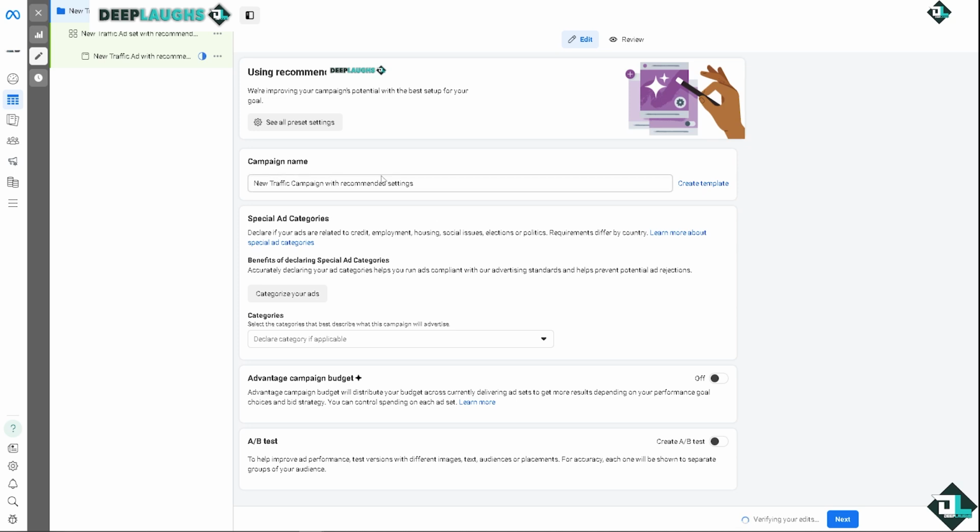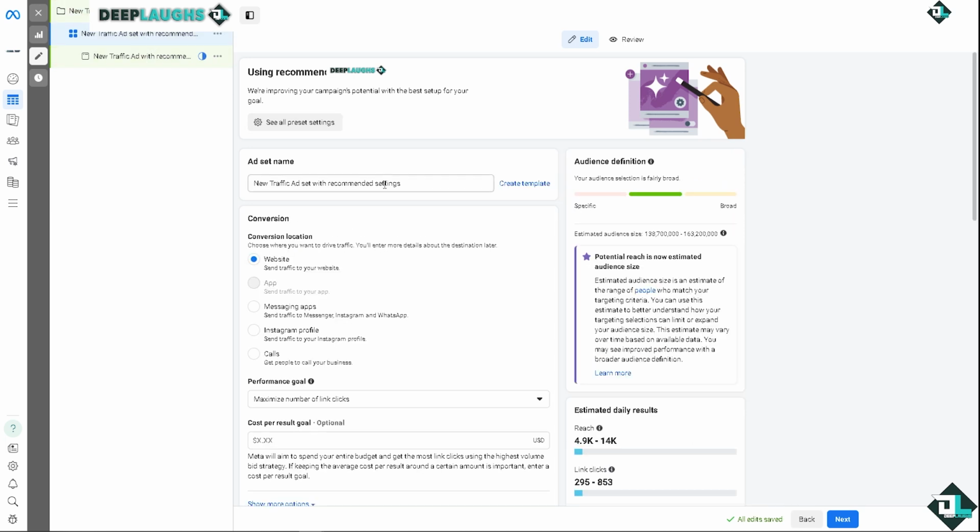Click on that and you would be able to use another option here, wherein you can edit and review all the settings that you wanted because of the recommended settings from the Meta Ads. You have the special ad categories and benefits and all of that option here. All right, I want you to click on the new traffic ad set with recommended settings. Click that, and from here you can set the ad name. For example, this is gonna be for